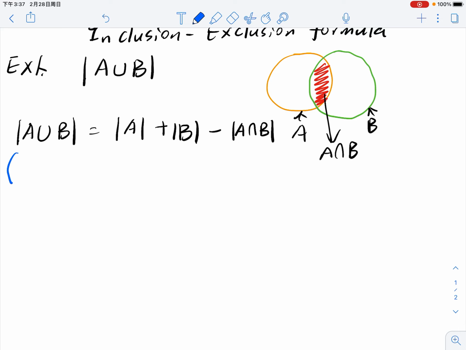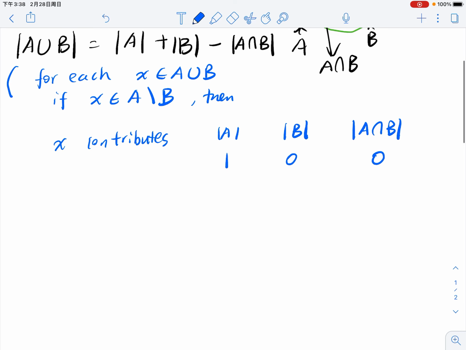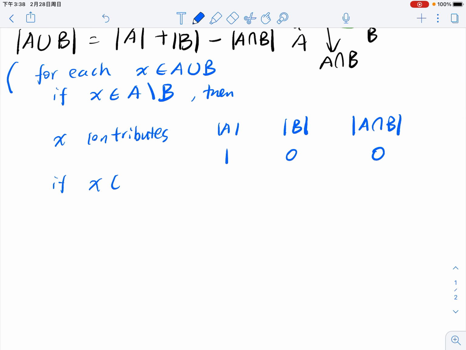For each element, for example, X in A union B, if X is in A but not in B, then on the right hand side you will see it contributes 1 to absolute value of A, 0 to absolute value of B, and 0 to absolute value of A intersection B. And similarly, if X is in B but not in A, then X